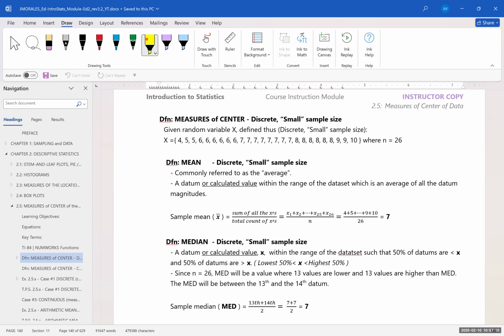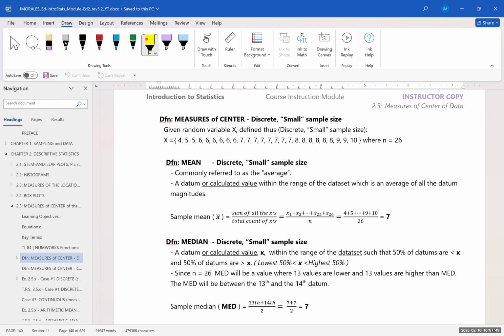Okay, let's start looking at the definition of measures of center. Now, there's going to be three different cases that we're going to look at for measures of center. And those different cases depend on how big the data set that you're working with is. So we're going to start with probably the simplest, smallest data set in order to introduce this idea of measures